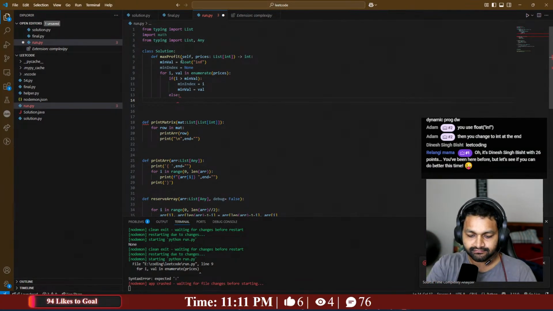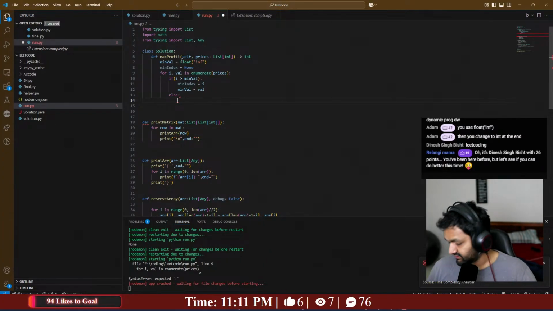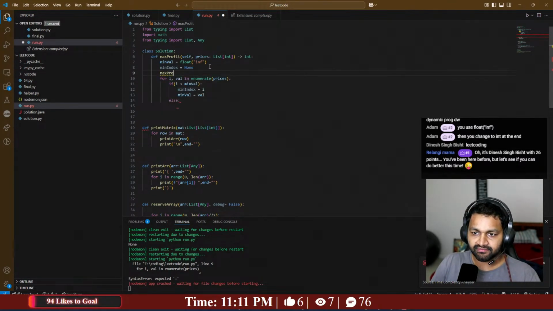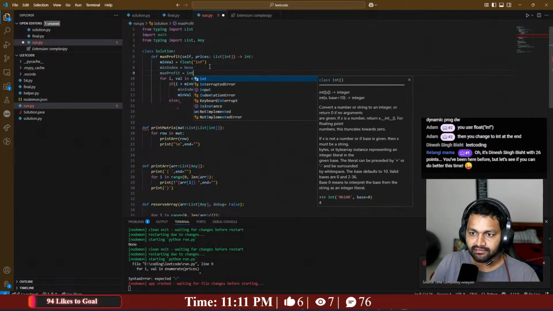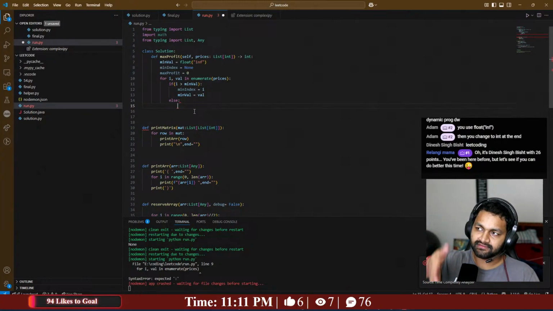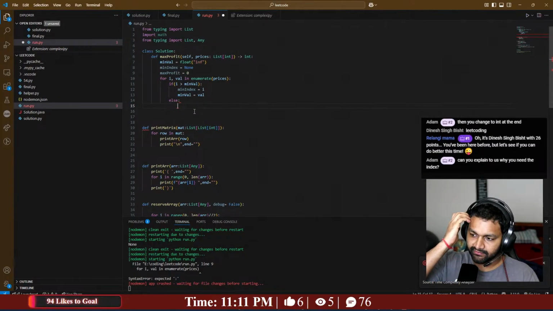Okay, if else, so max profit until here. So let's say max profit is int of, let's set it to 0. So max profit equals to, oh no. This is the current profit and then the minimum profit. Okay, if